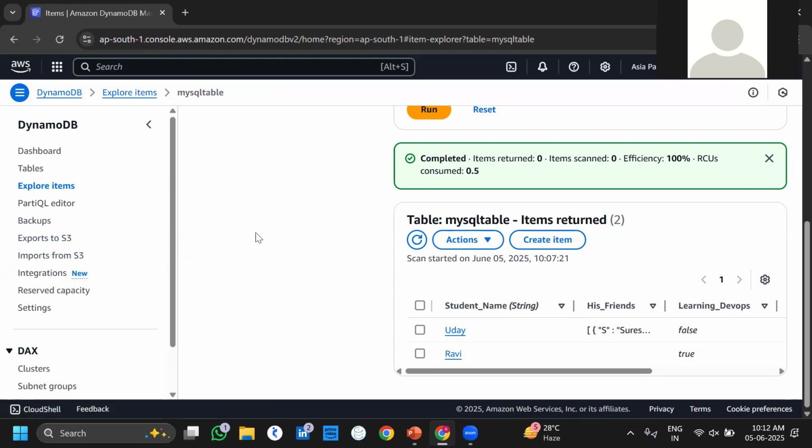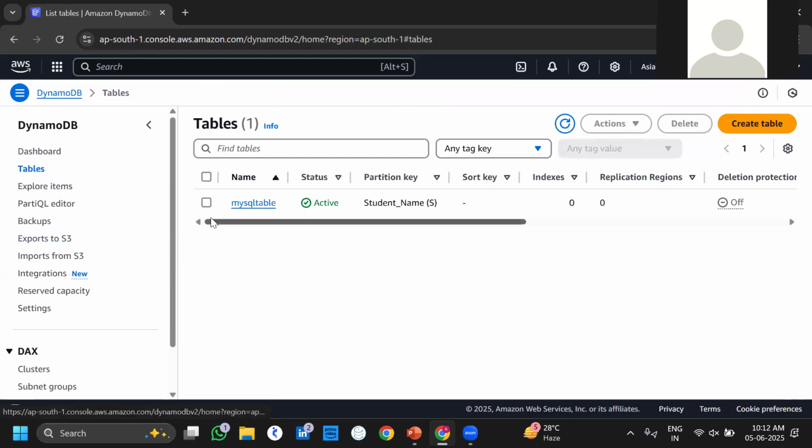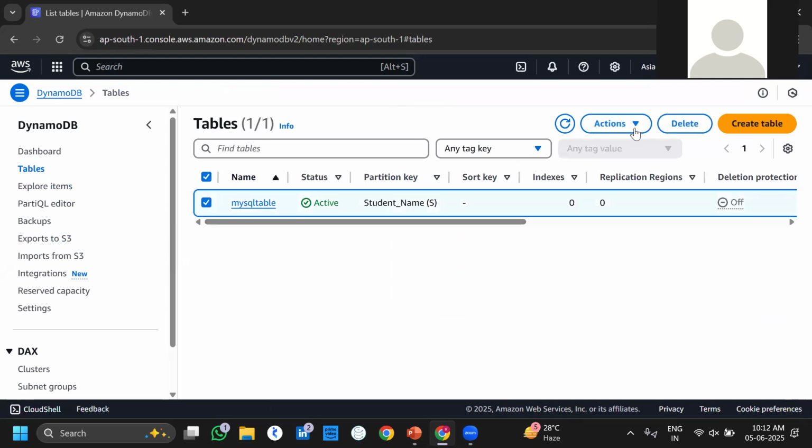Now, suppose you deleted this table, without restoring any database, you won't get the data. Okay, what you are supposed to do is restore. If you want to restore the data, before that you have to create some database, where you have to store the data. After that, you can delete the original table that you have created. Then you can restore the data to where you have placed the database. Okay, in my case,